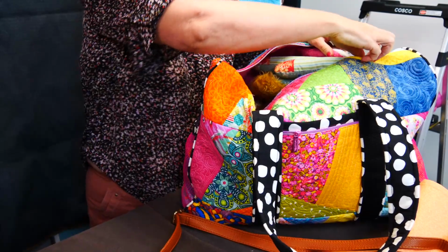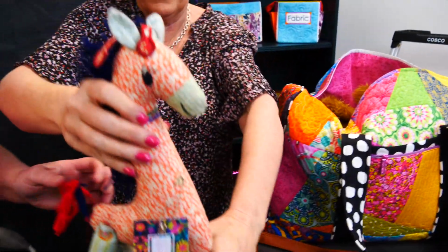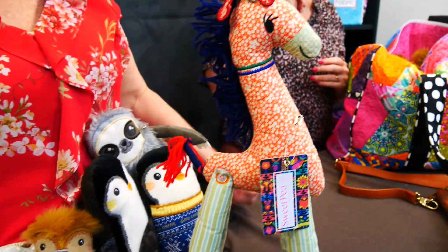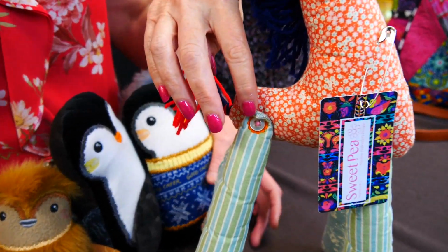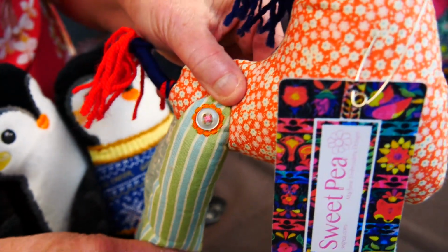We have in our scrappy duffel bag James the giraffe. Now look how handsome James the giraffe is. We had to name him after James, who's on the camera, because he's very tall. James is tall as well. But that's cute. But James, if you zoom in there, we've got pretty embroidery under those buttons. So even if you were to leave those buttons off the joint, you'd still get the little flowers